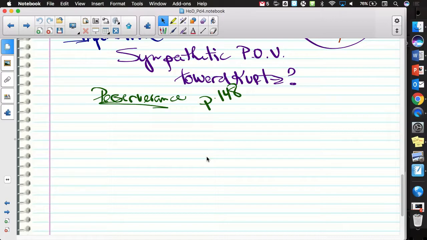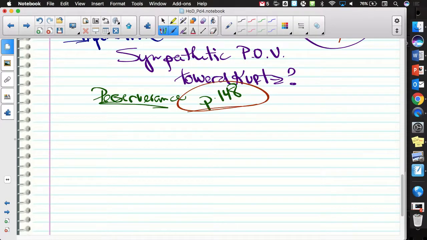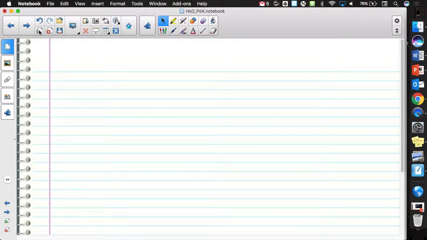All right, so I said here that I want to take a look at page 148 from yesterday, when we were talking about his sympathetic attitude towards Kurtz. And I do want to do that, but I want to do something first that I'm hoping ties all this stuff in. Because in a couple of the classes yesterday,